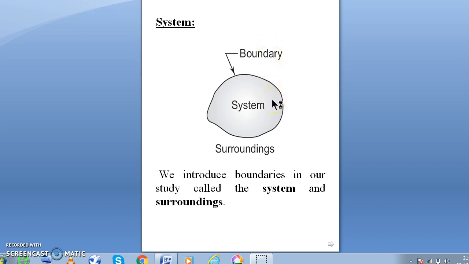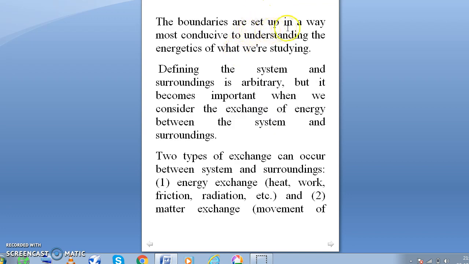System. A thermodynamic system is a certain quantity of matter which is bounded by a boundary. We introduce boundaries in our study called the system and surroundings. The boundaries are set up in a way most conducive to understanding the energetics of what we are studying. Defining the system and surroundings is arbitrary, but it becomes important when we consider the exchange of energy between the